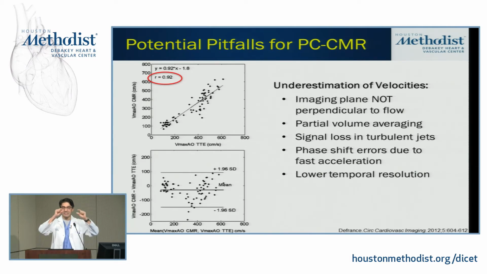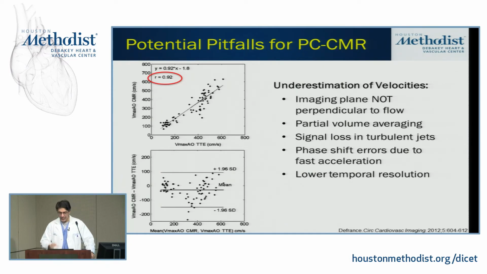Second thing is, we have a slice thickness that we're using. So, in that particular slice, over 50 milliseconds, you're getting kind of an average velocity. And then, of course, you want to make sure you're truly perpendicular to flow. And we know sometimes the aortic stenosis jets can be quite eccentric, to say the least. So knowing that, because of our lower temporal resolution and because we have some volume averaging due to our slice thickness, we know our true velocity is slightly lower, and therefore we choose the higher